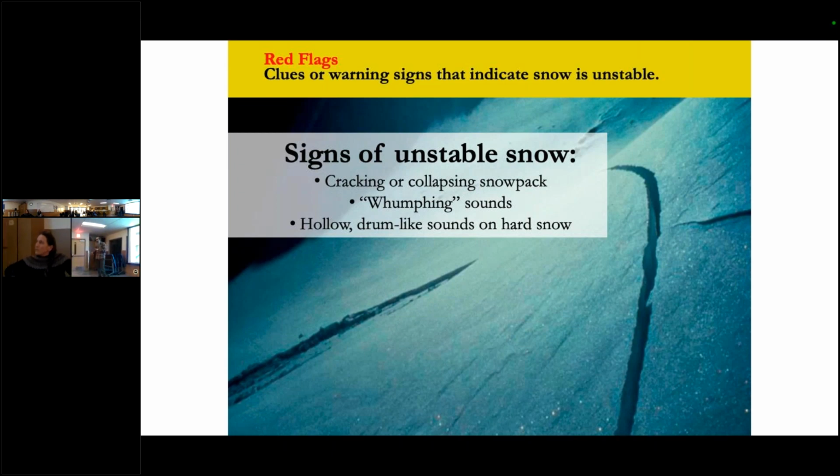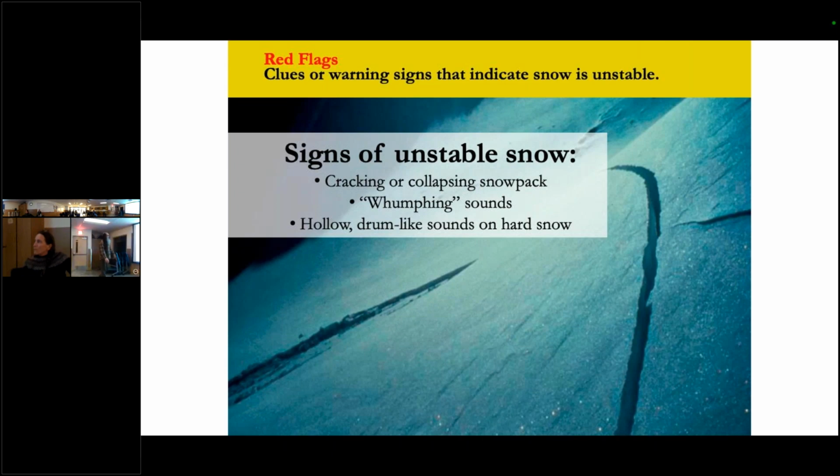Whooping is typically when you get the buried surface hoar, it'll kind of be like cards standing on edge, and you've got a heavy weight on top of it, and then all those cards will collapse like that. You'll get the whooping typically on more flat ground, but you can see the whole thing will drop. It might drop an inch. You'll feel it, and you'll hear kind of a whoop.